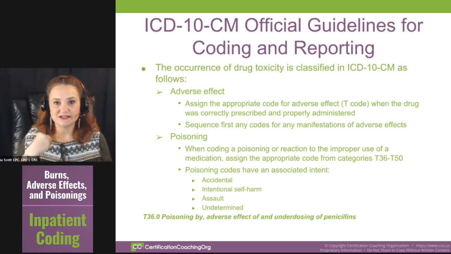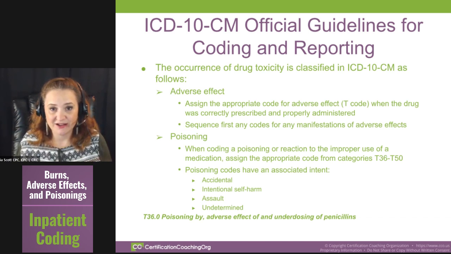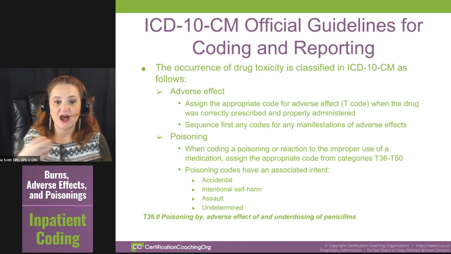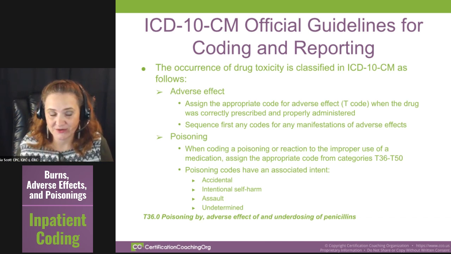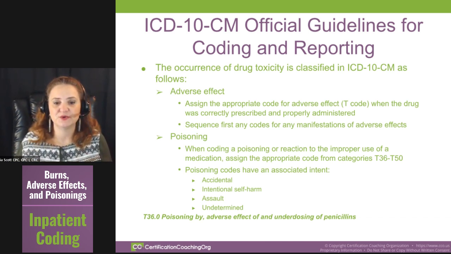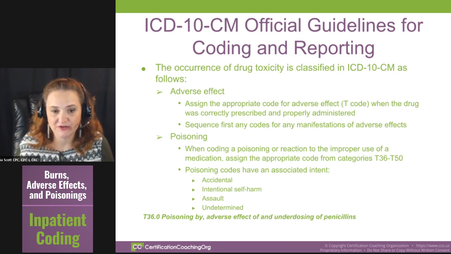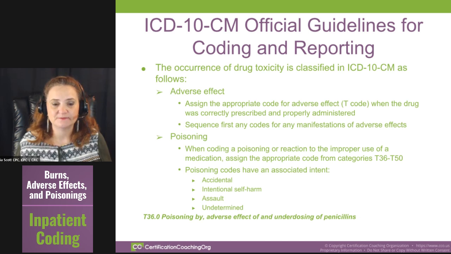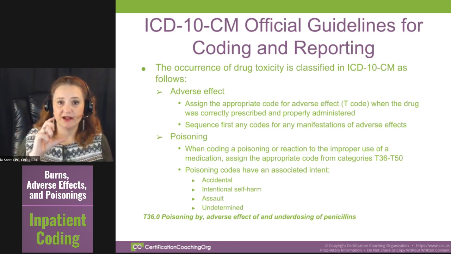If I were to give myself a pain pill and then 2 hours later take another pain pill when I'm not supposed to take one for 6, and then I take 2 more in another 2 hours instead of waiting the 6, I could have accidentally poisoned myself, right? So again, accidental. I wasn't intending to harm myself. It was an accident. Now, intentional self-harm would be if I just took the whole bottle